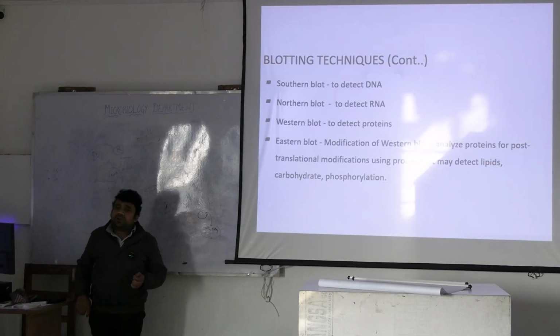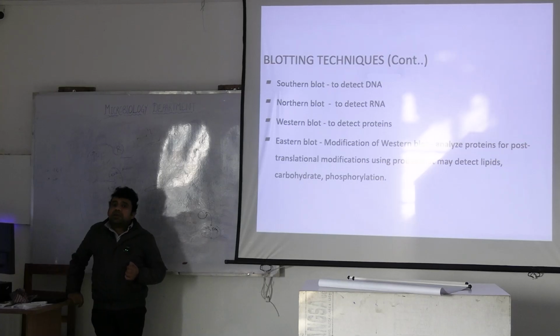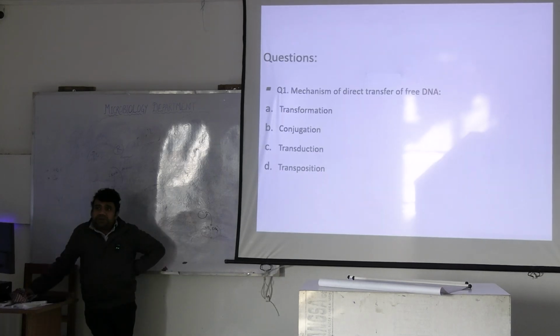Southern blotting is used for DNA. Northern blotting is for RNA. Western and eastern are used for proteins. Free DNA. Is uptake of free DNA